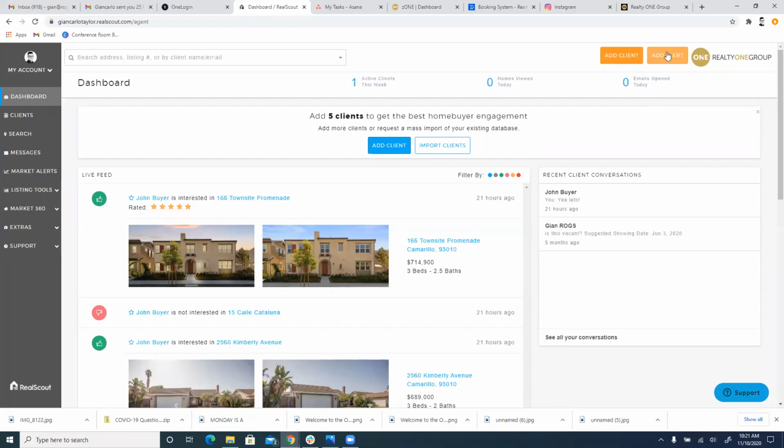You add a client. Add alert is essentially making an alert to your client, like a drip system, like this home just came out right now. That's how we do that. And we'll get into that shortly here, but I want to come over here onto the My Account and my